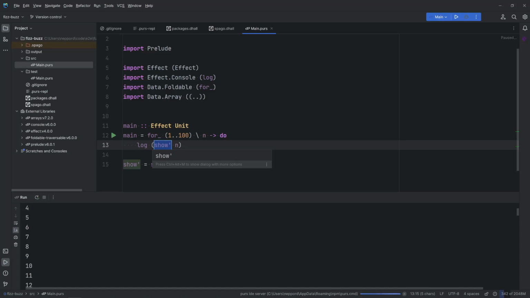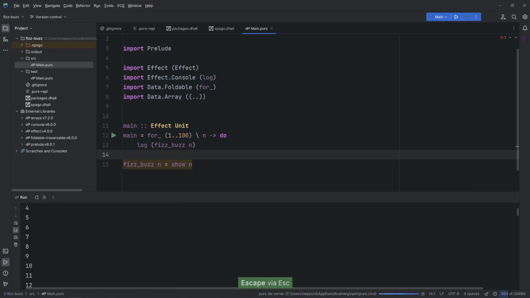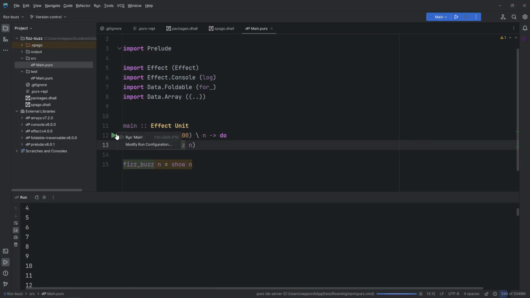Okay, so let's say fizz buzz, and it's show here, and it takes no arguments. It looks like, but it actually takes an argument. It's just that it's hidden. So let's add that. In PureScript, you can do point-free notation, which basically means you can combine functions without sending their arguments if they fit together like Lego blocks. And since both of them took the same argument, you can just remove the argument. It's a little bit more complicated than that when you get into the theory, but in practice, that's what it is. And I'm going to save here, and I'm going to run just to make sure that it